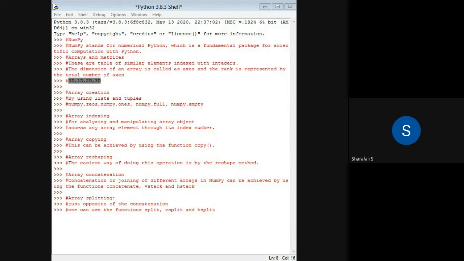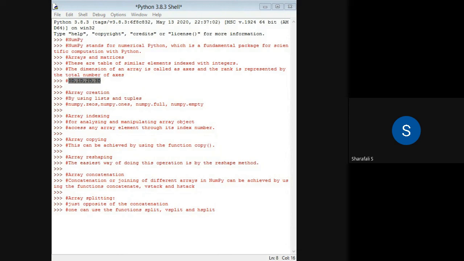Whatever sequence you have used to create the array, for example a list, the data type of the elements in that list is considered the data type of that array. Similarly, in most cases, the elements in an array may be unknown.